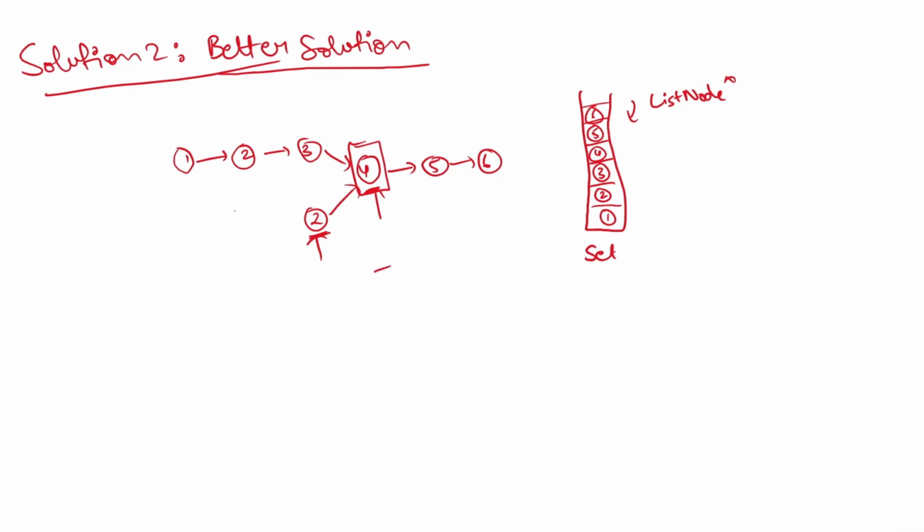So the time complexity of this solution, because we are storing the first list, it will be m, and in the worst case traversing the second will be n. So it will be n plus m. And the space complexity, because we are storing only one list, will be O(m). So let's see the code for the same.